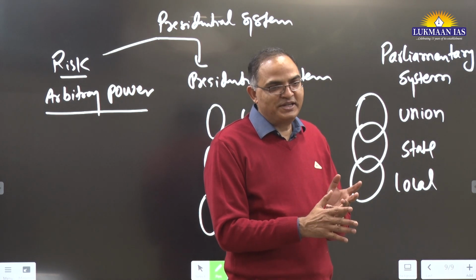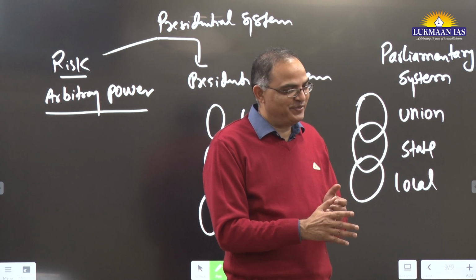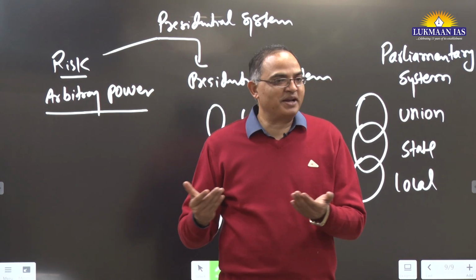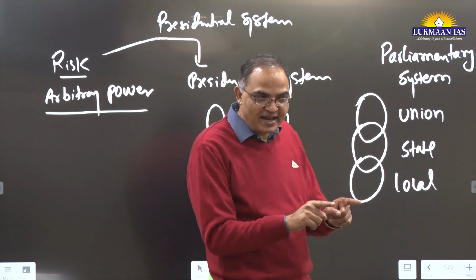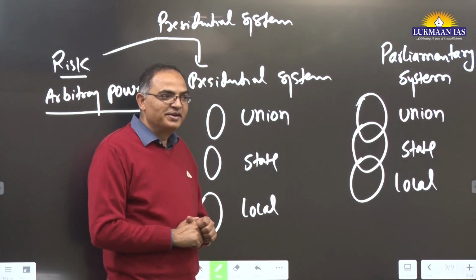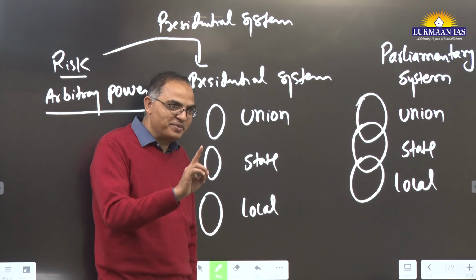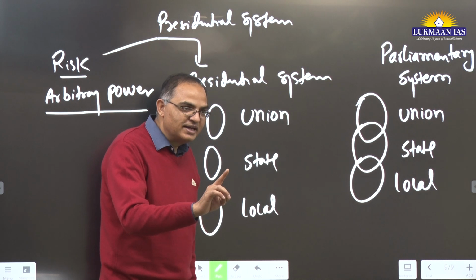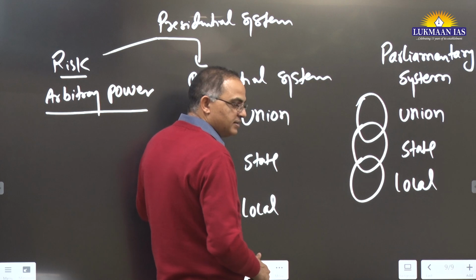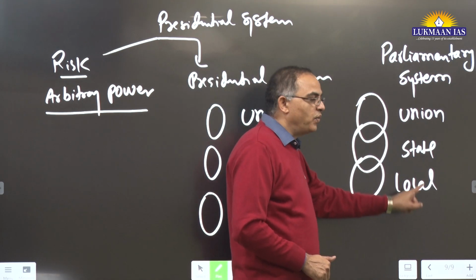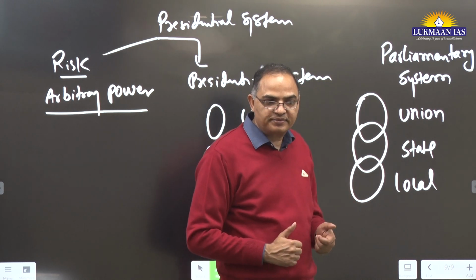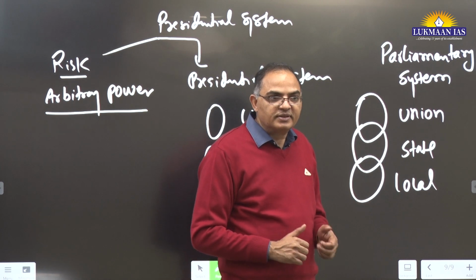RTI, e-governance, social audit, civil society. Be it a presidential system, be it a parliamentary system, these things have made any government responsible. So even this system has also become responsible, and this system has become less responsible. It is more result driven, it is less result driven. So what we can perform in 10 years, we are trying to perform in 20 and 30 years. This is how you evaluate.